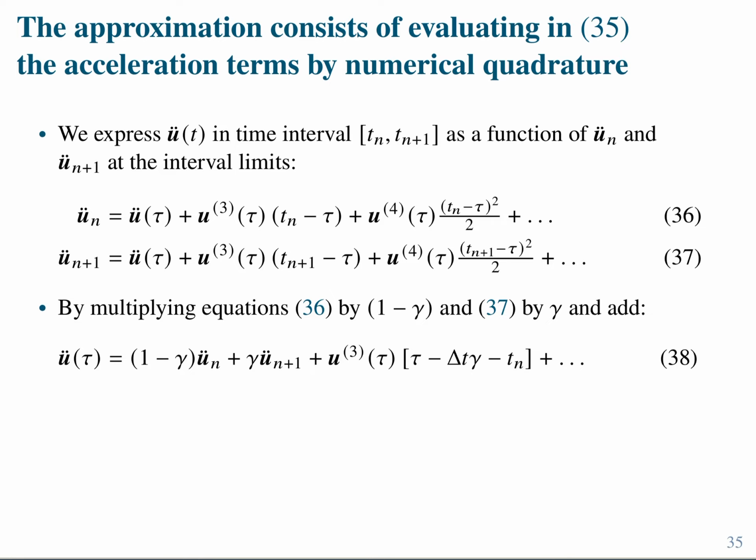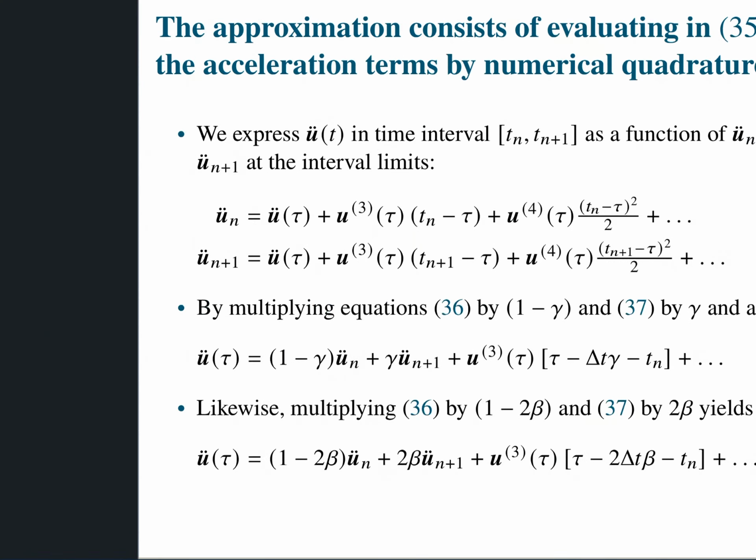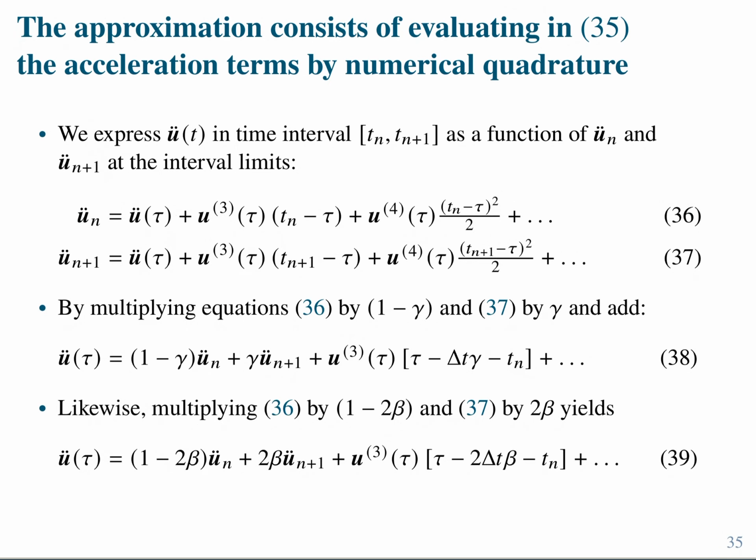And we're going to be multiplying one of these expressions by 1 minus gamma and the other one by gamma. And then we add up, right? And then we obtain this equation. I'm going fast because it's just simply manipulation. I'm just describing what the theory is doing to obtain those two expressions in the beginning. We take now, again, the expression, and then we multiply by 1 minus 2 beta and by 2 beta to